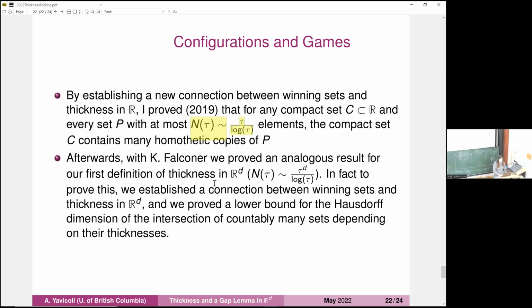And in that case, we got that we were able to guarantee copies of any finite point configuration with this number of elements, depending on the thickness of the set. And to prove that, we established also the connection between winning sets and our definition of thickness, and proved a lower bound for the Hausdorff dimension of the intersection of countably many sets, depending on their thicknesses. And now,